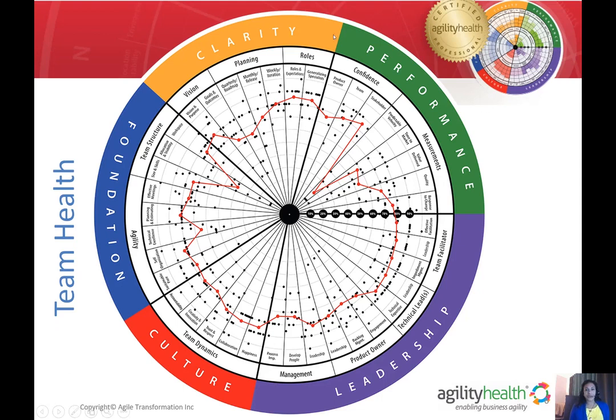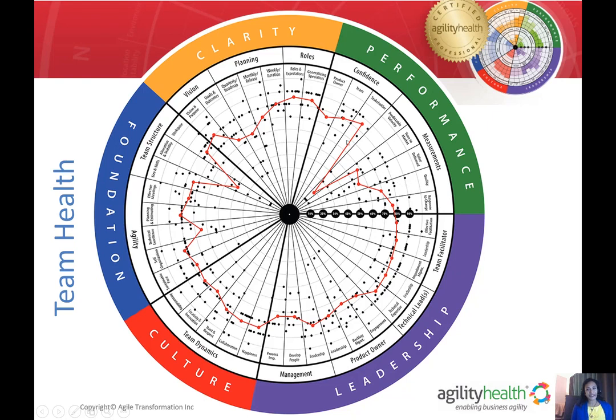The first thing is you will notice there are the 5 dimensions mentioned on the video: clarity, performance, leadership, culture, and foundation. There are also sub-dimensions that you are going to see under each of these dimensions. And under that, you are going to see the competencies which directly relate to the different questions that are on the radar. Some of these competencies have multiple questions. Most of them have about 1 question.